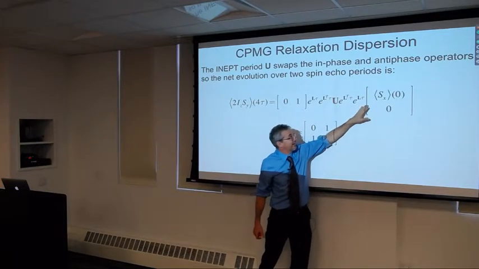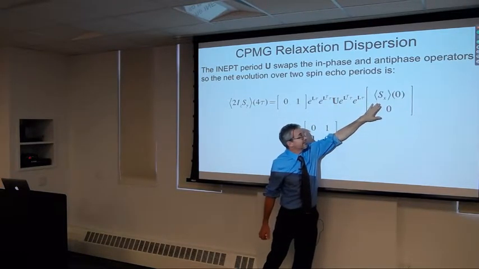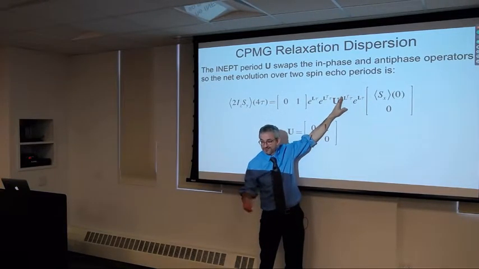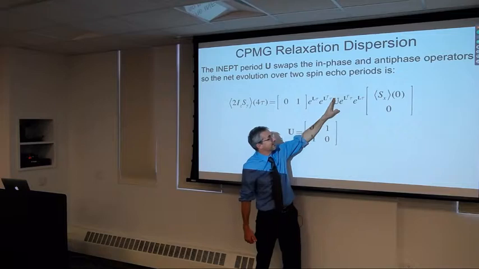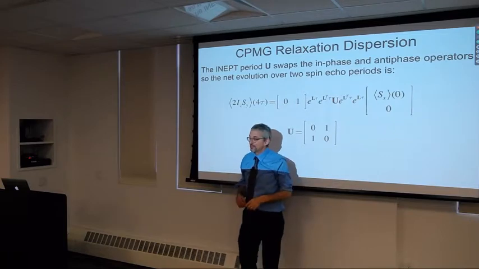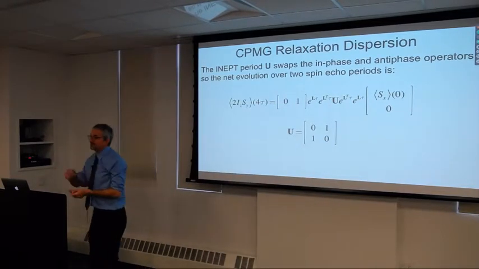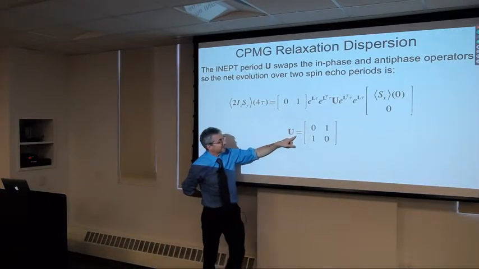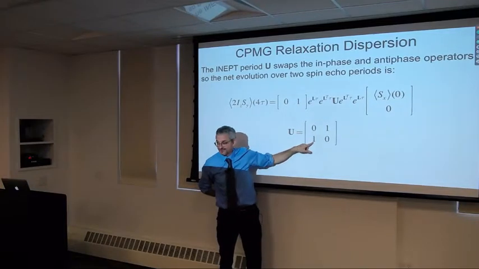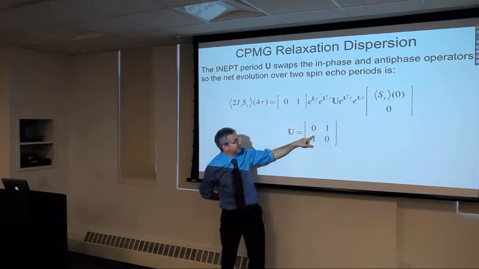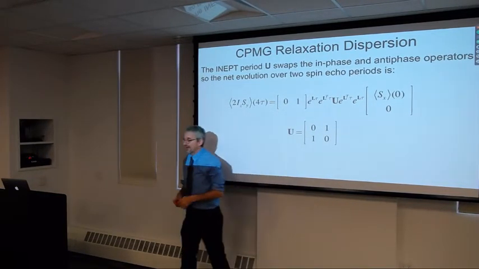So if we started with in-phase, at the end of the spin echo, we're back to in-phase, but it's mixed in a little bit of the antiphase relaxation. Now let's turn that in-phase magnetization into antiphase magnetization. And then the next time period, it's going to be primarily antiphase magnetization, but mix in a little bit of the in-phase relaxation. So this is a matrix that just swaps in-phase and antiphase magnetization. We have to figure out a pulse sequence to do that eventually. But in the beginning, we just stick in this matrix, do the calculation,